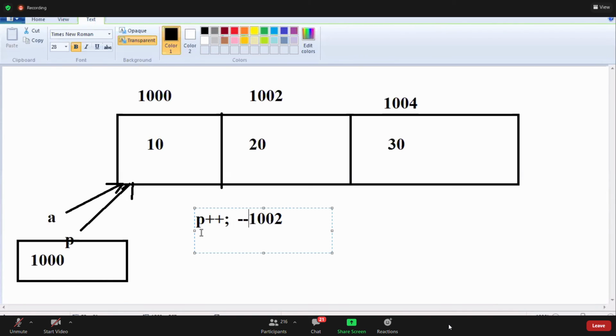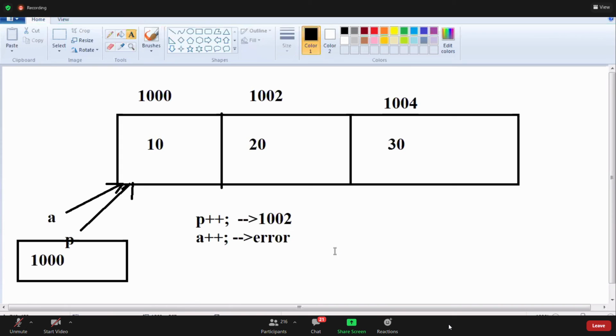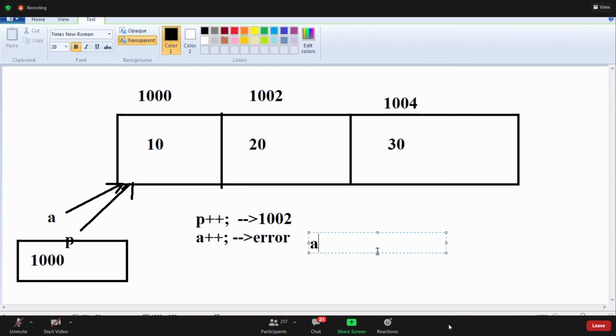Again P plus plus. What is A plus plus, guys? Error it is. A plus plus is an error because A is a constant pointer, P is a variable pointer. That is the difference. A is a constant pointer.